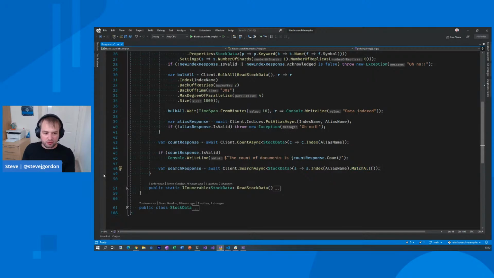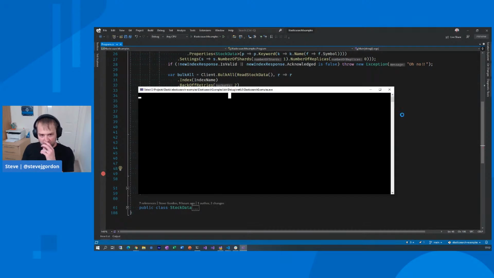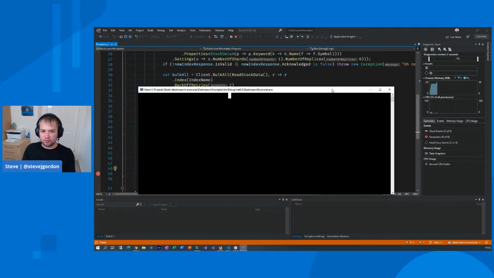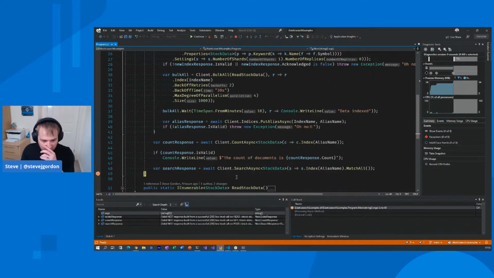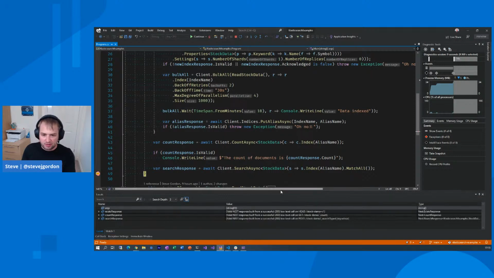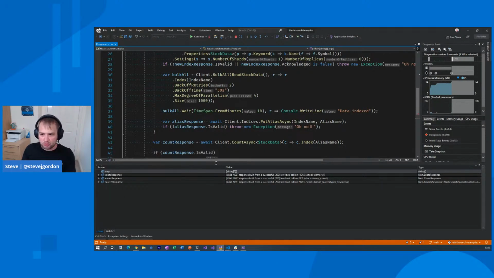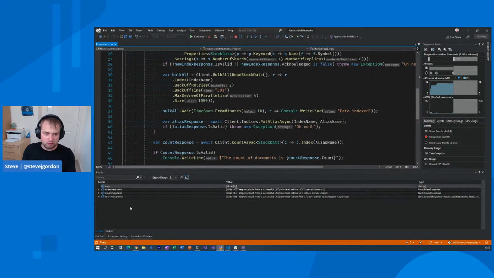Now, rather than spit stuff out to the console, let's just run this with a breakpoint in the application. And once that gets to the breakpoint, we'll have a quick look at what's going on there. My PC is very slow today. Okay, so let's get rid of the stack trace here. And bring this in. I'll read out the details because, again, Visual Studio is quite small, probably on most screens